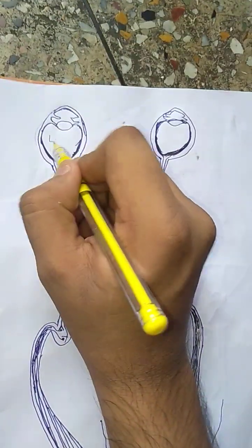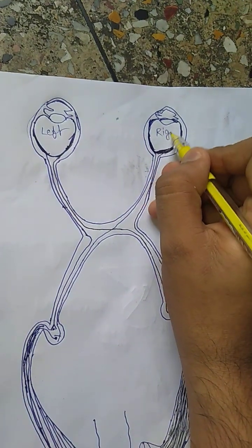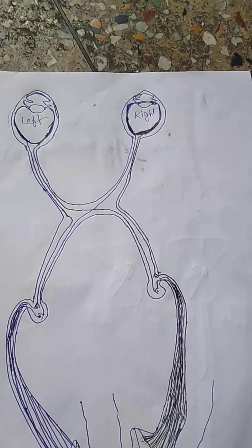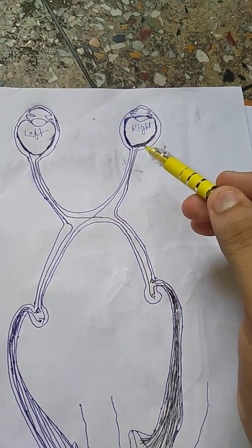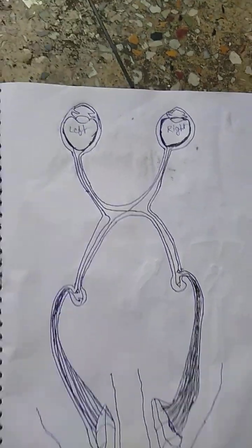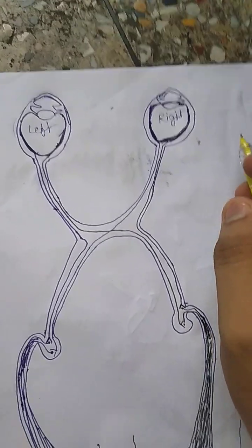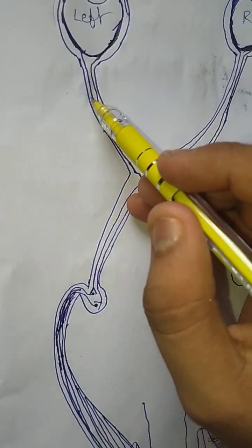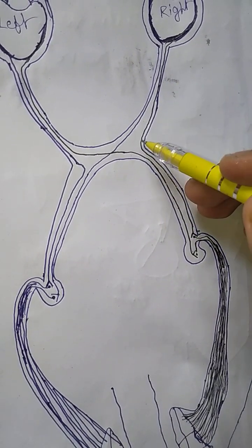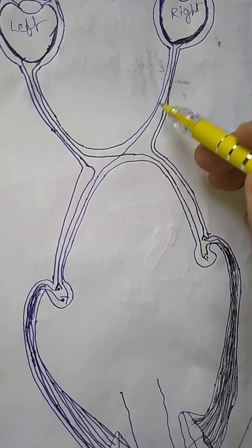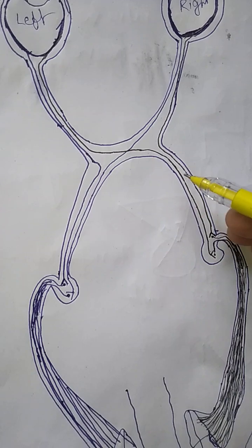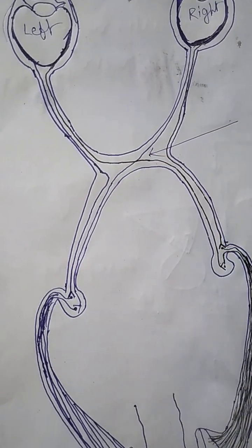This is the left eye, this is the right eye. I am not going to recap how the left is coming and how the right is coming. I am now just going to talk about the main structures. This is the temporal fiber coming down straight, this is the temporal fiber coming straight, but the nasal fiber changes its path. The right nasal fiber goes to the left side and the left nasal fiber goes to the right side, and this X-like structure is the optic chiasm.